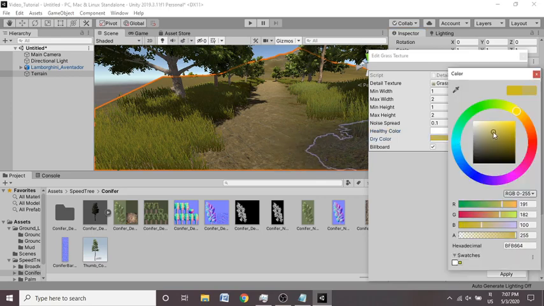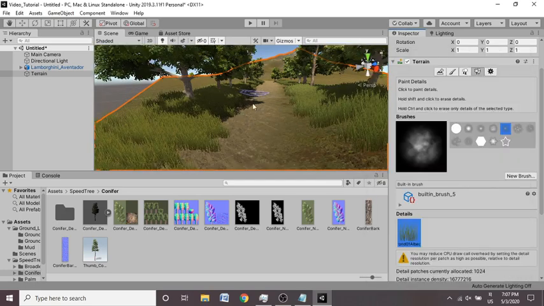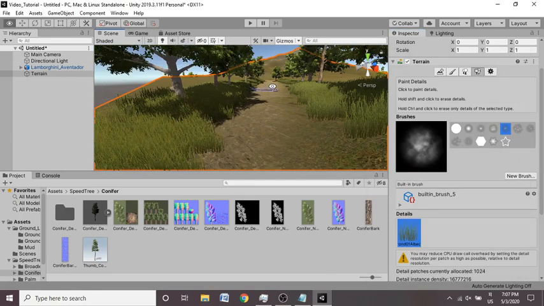And just adjust this value to match around this color. You can just make it black or gray it out, but I'm just going to go with something like this color, and you can just hit apply, and just like that our grass is looking way more realistic.